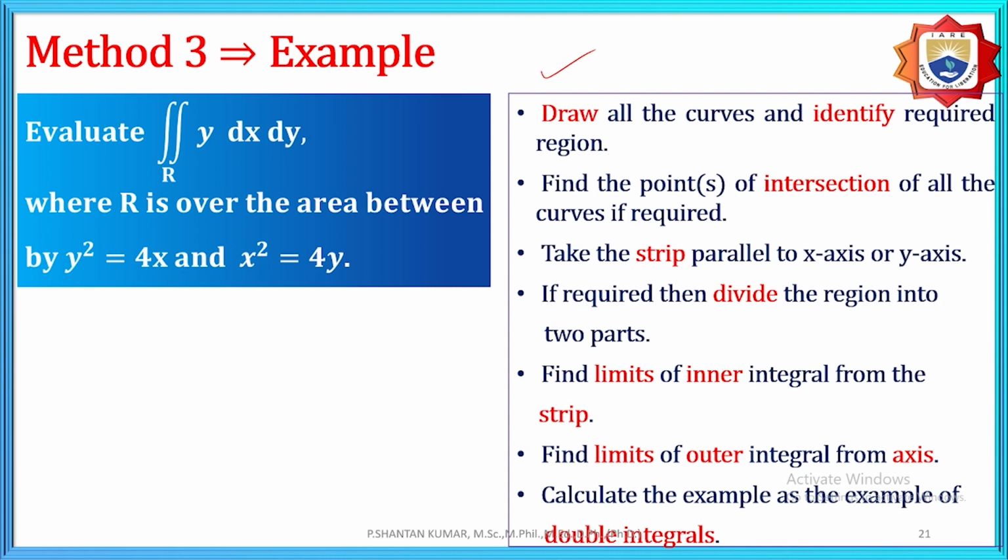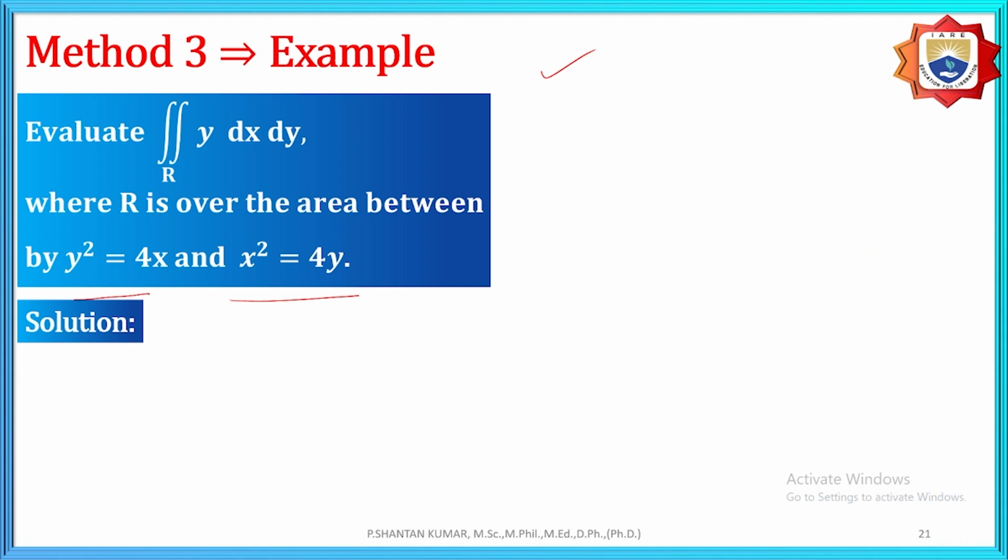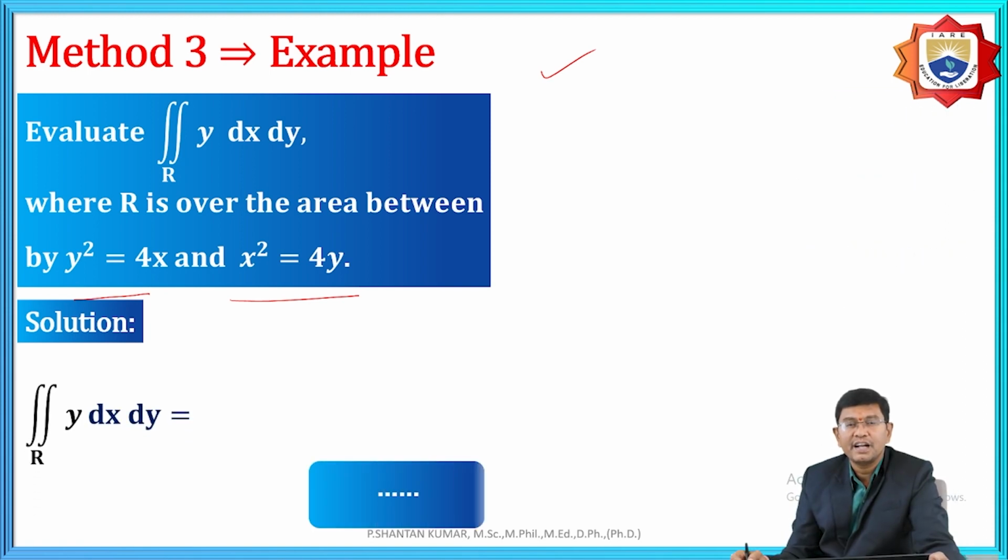Based upon that, we need to find the equations, solutions and find the solutions. And here, while we are observing this one, it is y square is equal to 4x and x square is equal to 4y. That means y square is equal to 4x is also a parabola and x square is equal to 4y is another parabola. Based upon the two parabolas, while we are going to draw the diagram, here clearly